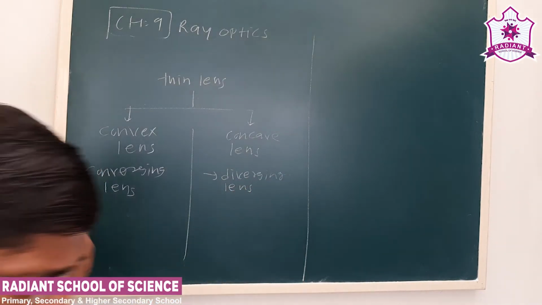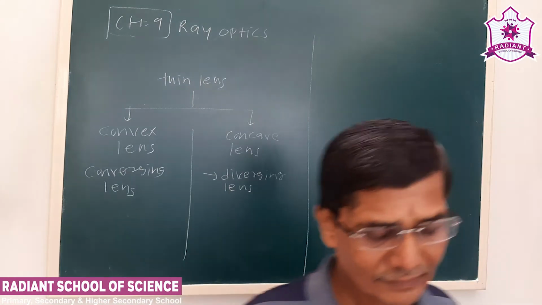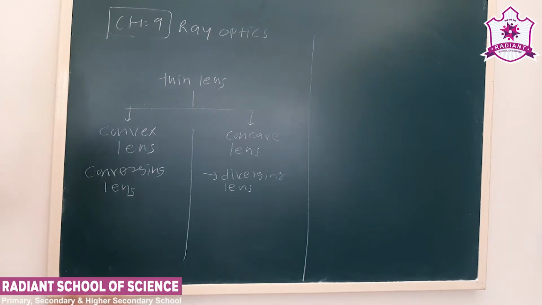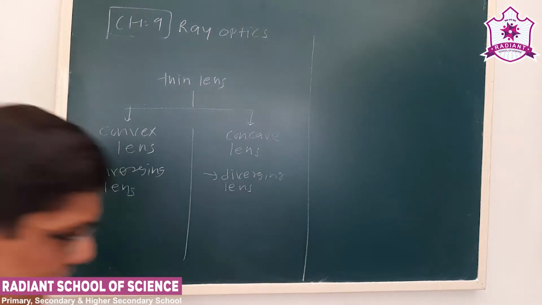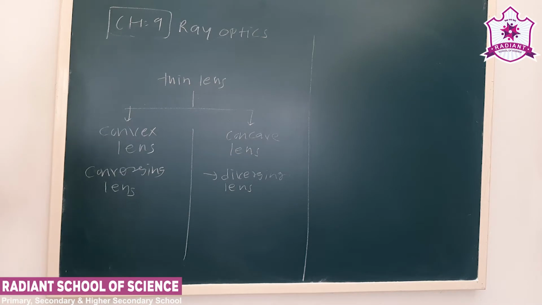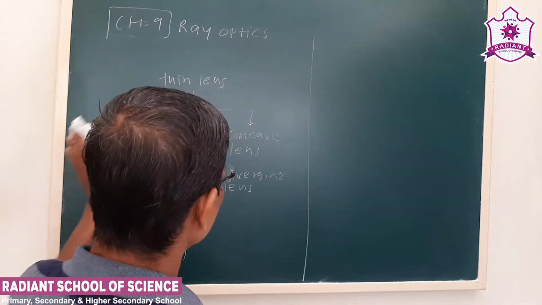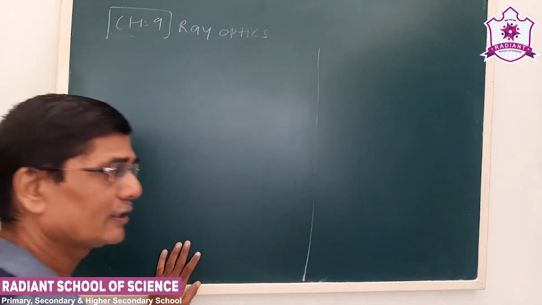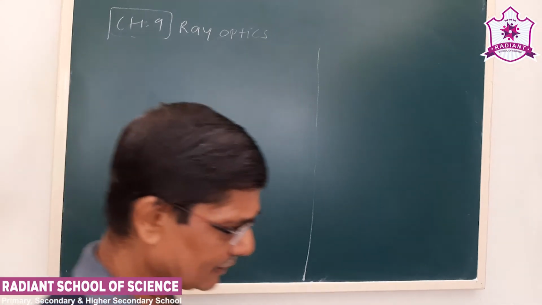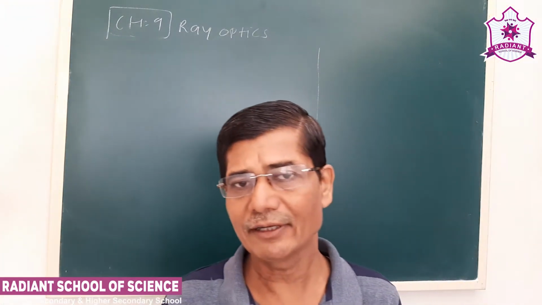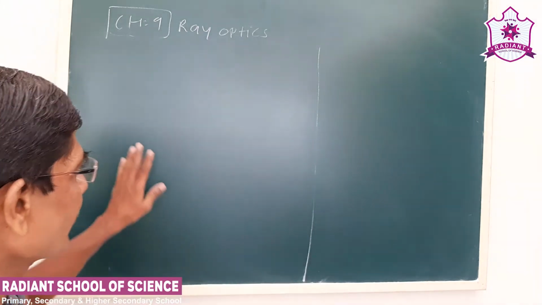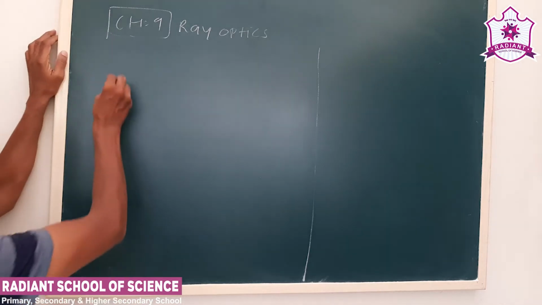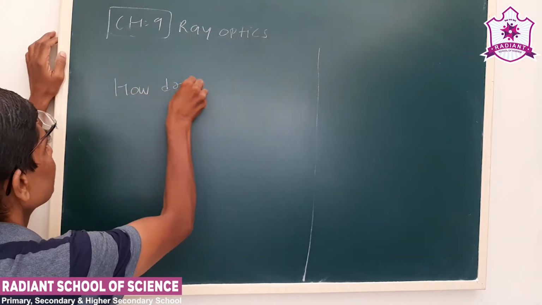Now in the beginning of the lesson we studied how to draw ray diagrams for a mirror. Now we start for the lens, and then we'll see how the image will be formed when an object is placed in front of a convex lens or a concave lens at different positions. Just as in a concave mirror we have 6 conditions, similarly here. The concave mirror we call a converging mirror, and the convex lens is a converging lens, that we have to keep in mind. Now first, we see how to draw.